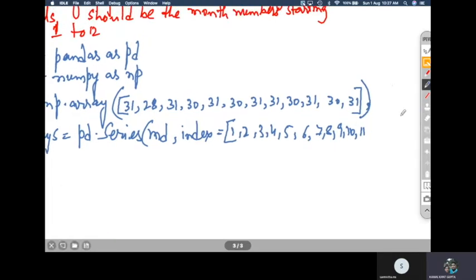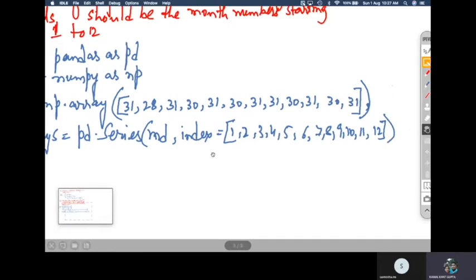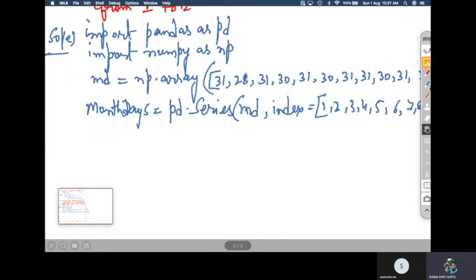You can pass it here. Okay, so this is what we have, month days, and then you can just print it out. So this is how you create a series by having the month numbers and month days.